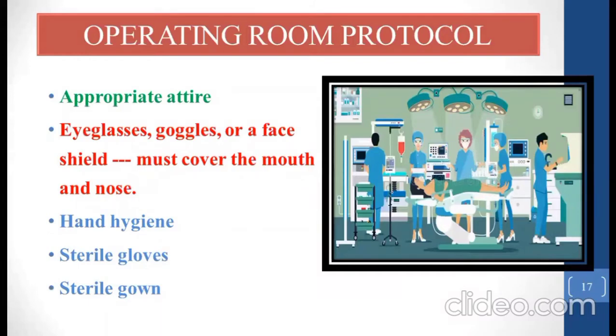The dentist and the anesthesiologist should wear appropriate attire that is designed to prevent contamination of their surgical suite, any hallways, and the recovery room. This generally consists of a shirt or a pant and covering for the face, head, and feet, and a hood is used to cover the unshaven facial hair. Then the eyeglasses, goggles, or a face shield must be used to protect the surgeon's eye, and a mask must cover the mouth and the nose.